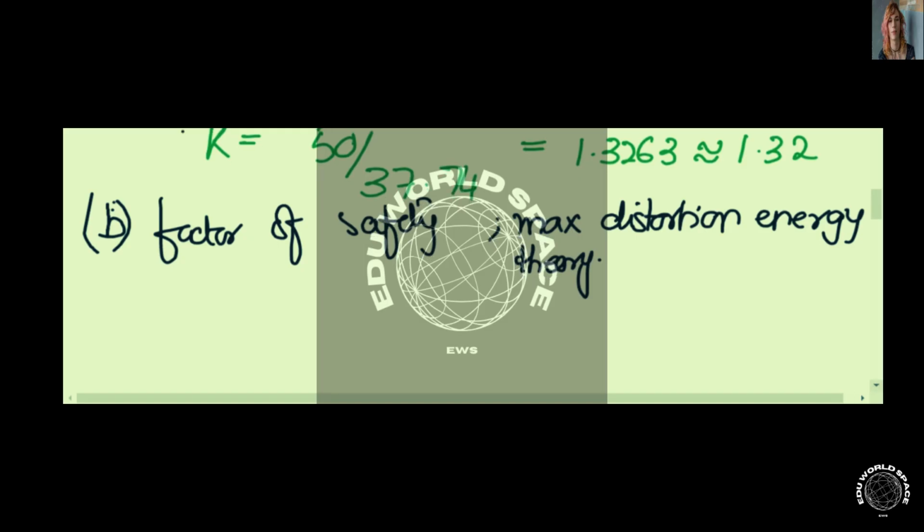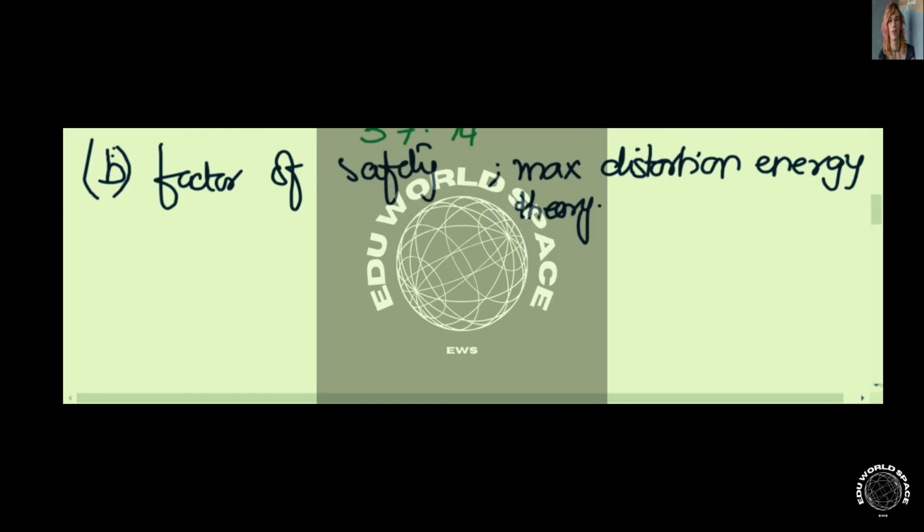So now it simply needs the principal stresses, and we just calculated them. We have the values of the principal stresses. So now we are going to simply use